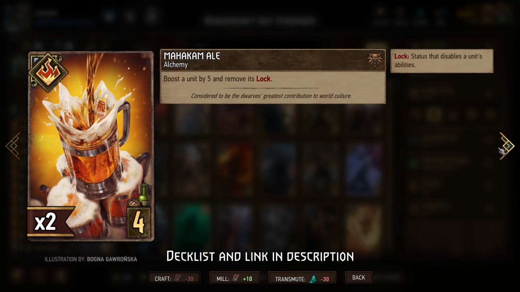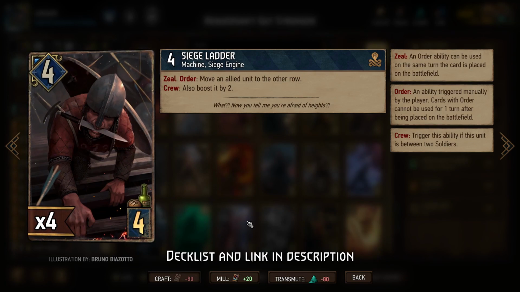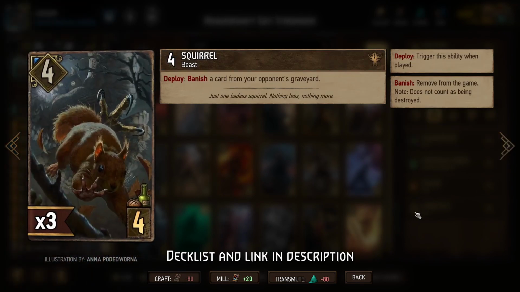Mahakam Ale, in case a Reaver Hunter gets locked. This is, again, pretty uncommon that you see it happen, but we have 1 in our deck just in case that does end up happening. Siege Ladder, similar story. In case a Reaver Hunter does get moved to the range row, you have a way to get it back into the melee row, but again, not usually going to be a high priority because there's not going to be quite as much of that happening in this event. Squirrel,